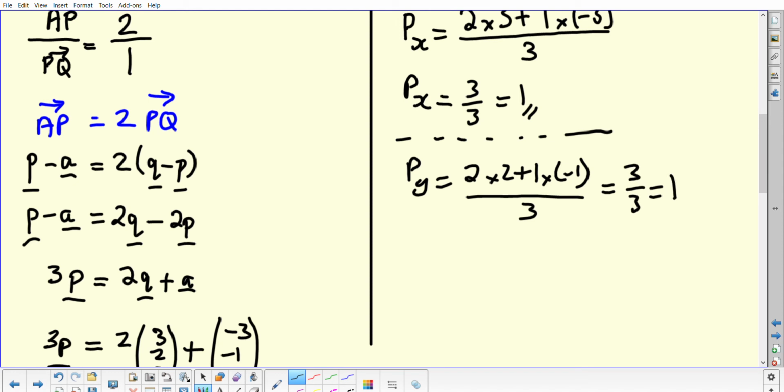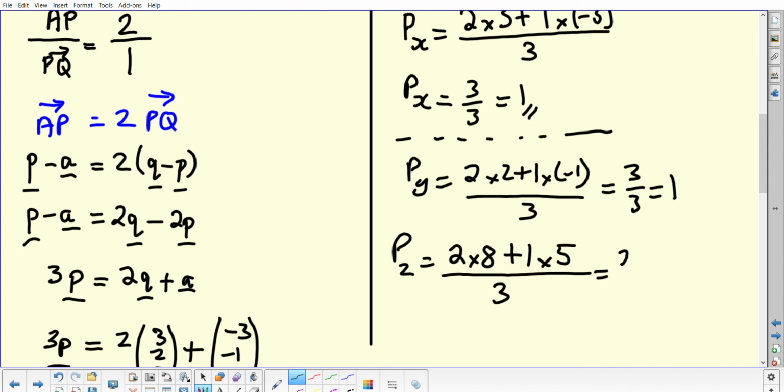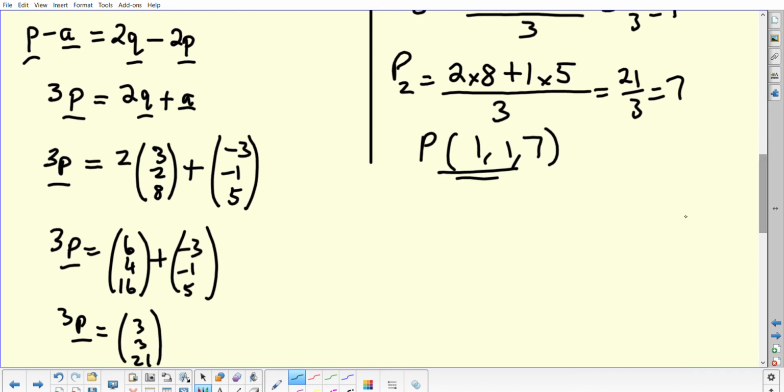So that's our y coordinate, and then our z coordinate will be worked out by doing 2 times the z coordinates of each of the points, 1 times the 1 point, and then 1 times the 5, all over 3. That gives you 21 over 3, which means 7. So we end up with the coordinates for P being 1, 1, 7, and that was what we got before